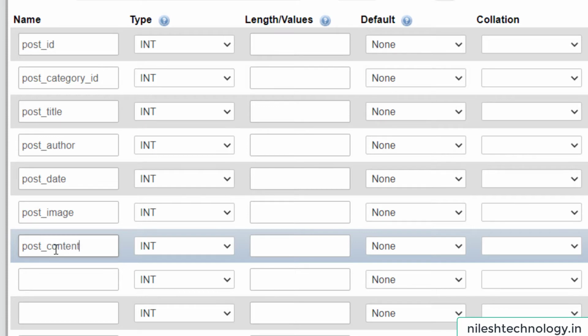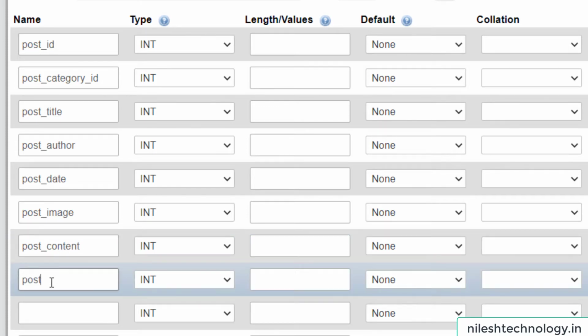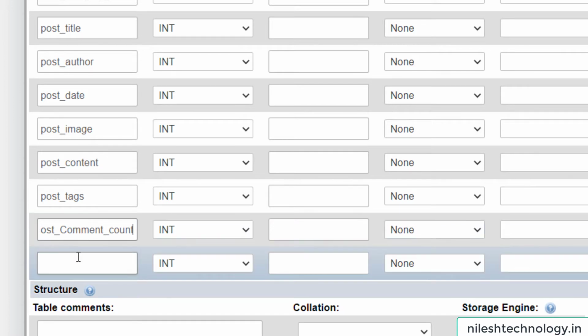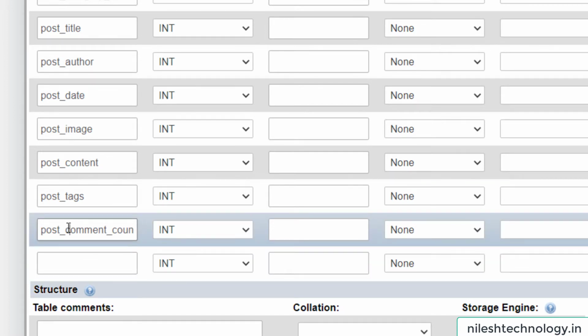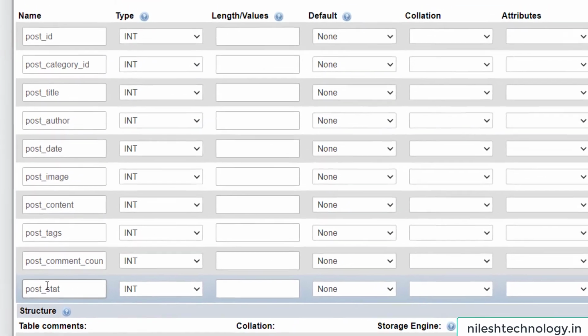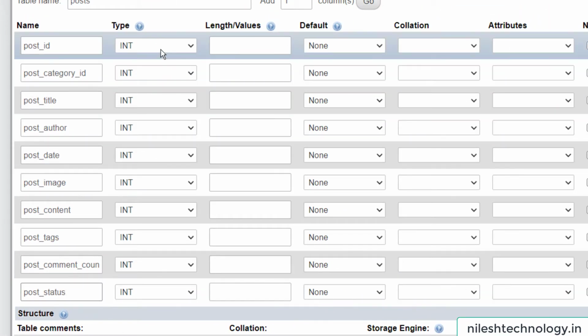then content, search tags, then comment count, and the last one is post status. Okay, so now set the data types.